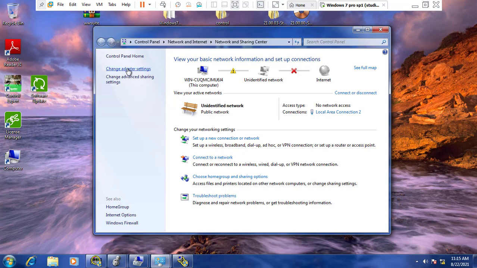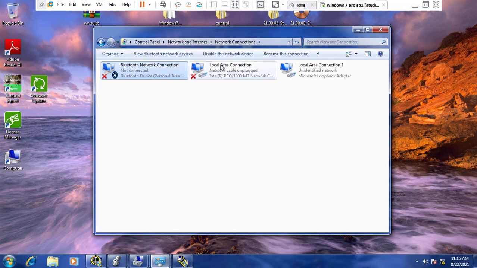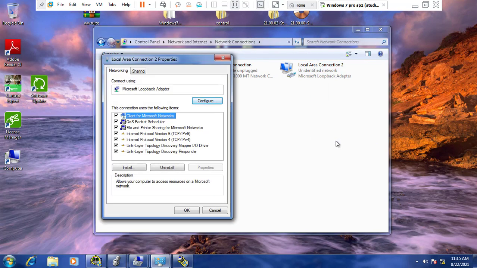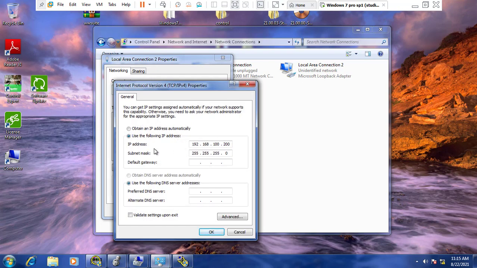Go to Change adapter settings. You can find this loopback area connection. If you install the Loopback adapter, then this one is not disconnected. If you wish to configure it here, go to TCP/IPv4 properties. We use the IP address